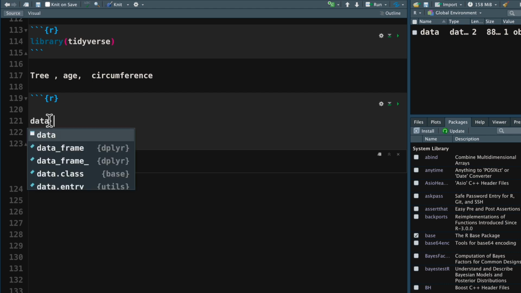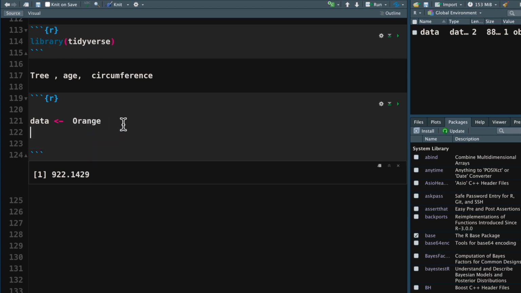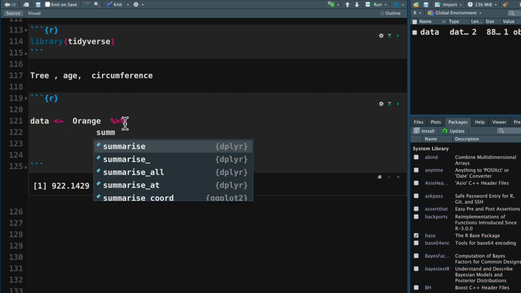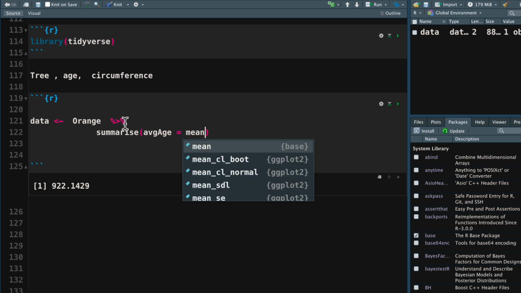So this is how we do it using the tidyverse package. We create a data variable, and if we have to do manipulation on orange data, that's how we write it. On orange data, then we read it as then, actually. Yeah, so do summarize. We create a column of average age, which will contain the mean of